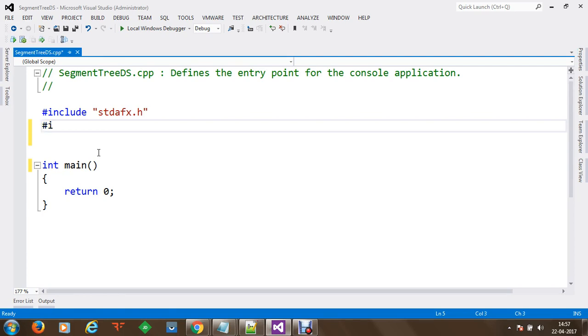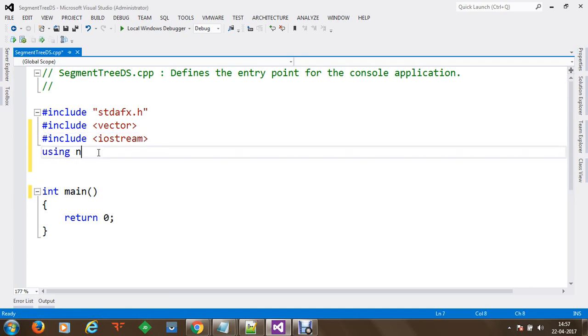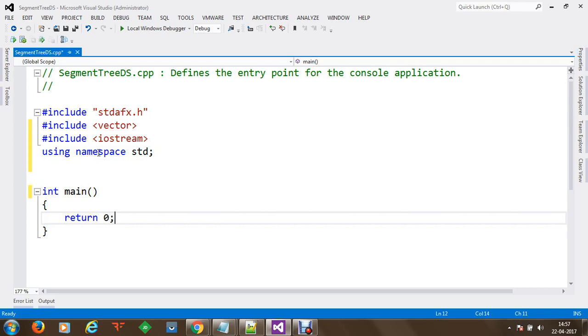Now in order to do that, first of all, I would like to include vector inside this application. So we are going to make use of vectors. Then we would like to use iostream in order to perform the functions. I would like to make use of a namespace, that is using namespace std, so that we can make use of vectors easily within our application. Now, first of all, I would like to create an array, and this array is going to be an integer array, and within this integer array I would like to fill in values from 1 to 5.